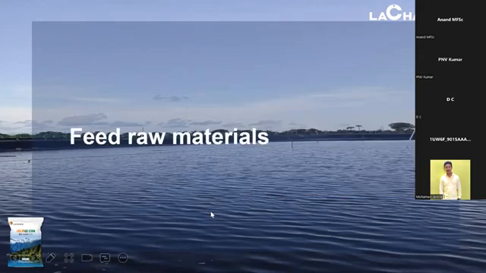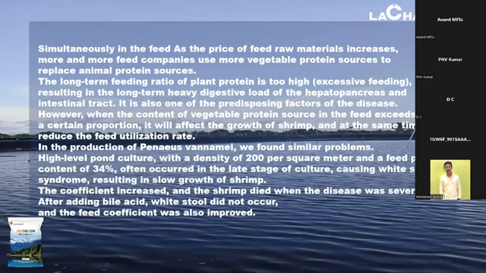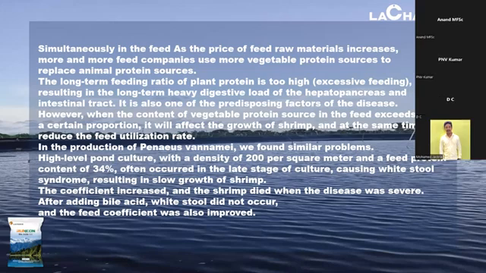And finally, the reason that causes the wet feces is the feed formula. Also, the feed raw materials: due to cost control, feed factories reduce the use of fish meal and increase the use of plant protein. This causes the shrimp digestive system to not work very well, causing wet feces syndrome, resulting in slow growth